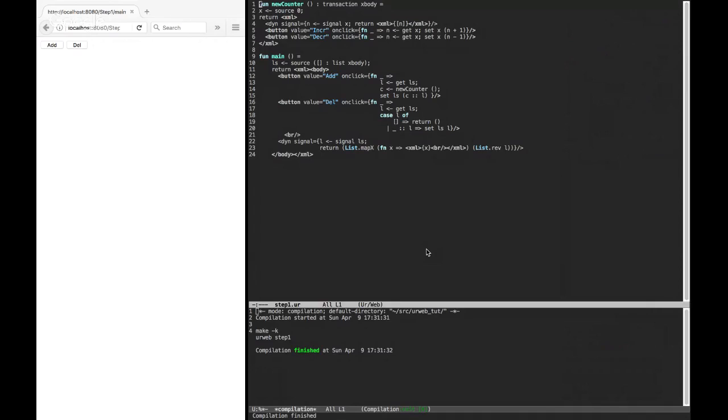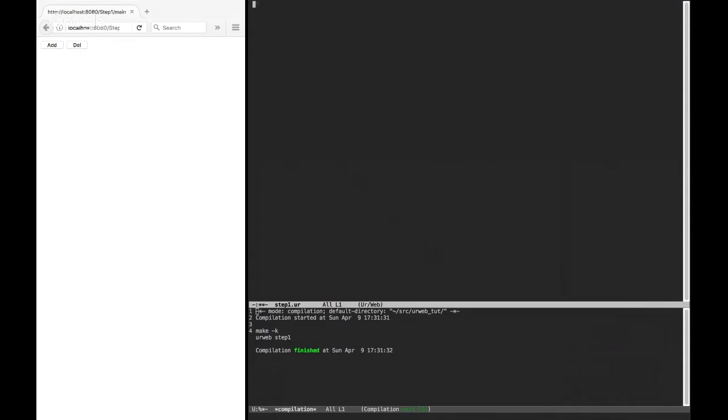Interestingly enough, we aren't going to be saving much code, or any code at all, from the previous example. Instead of having a function called new counter, we're actually going to have a counter type and then simply a ShowCounter function. And so here's the type, and we're going to show that